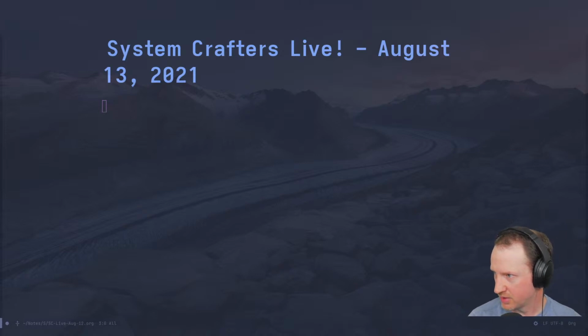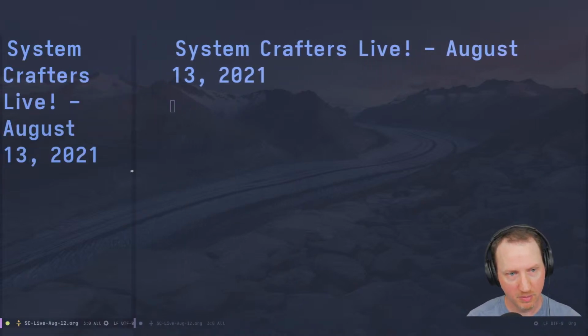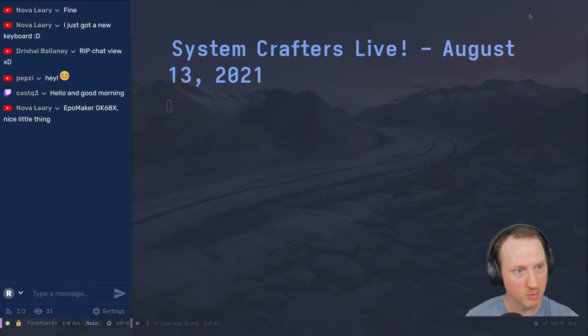Let me open this tab as a pop-up. All right, split this window, drag it over a little bit with a mouse because I'm lazy right now. All right, we got chat coming in from both YouTube and Twitch, which is awesome. EXWM floating toggle. All right, and let's move that over to workspace 1.